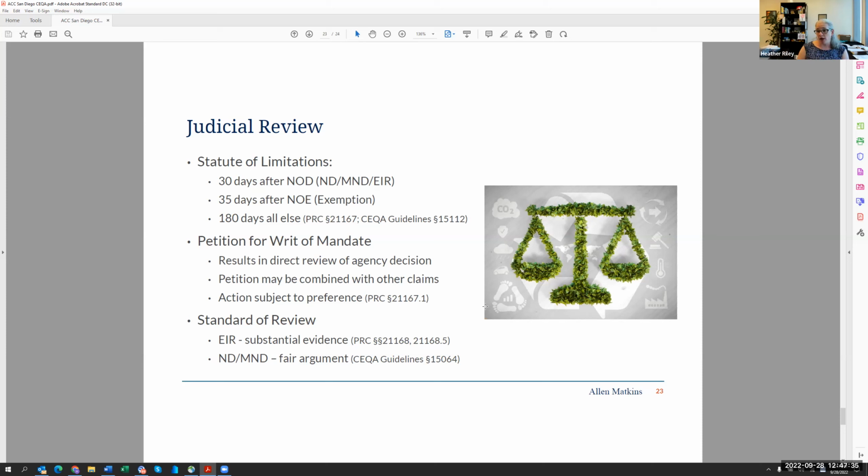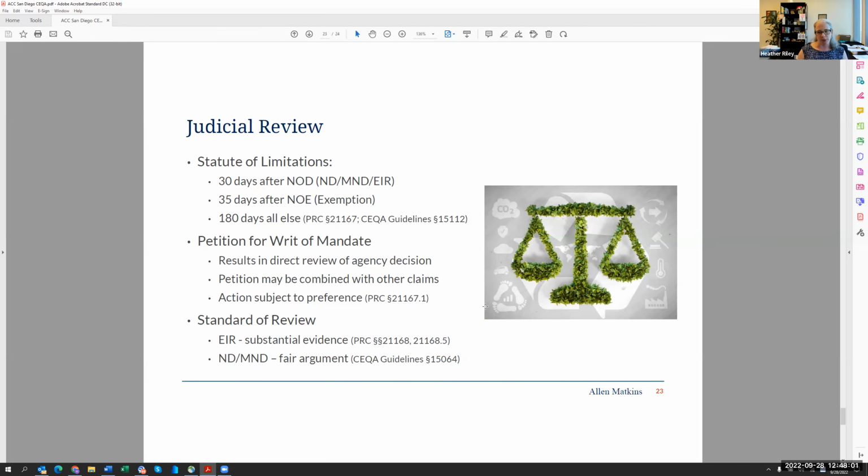Now, I say that often a CEQA case is heard within a year, as long as the record gets put together quickly. As a developer's lawyer, a lot of the times I want to be responsible for that record. So if a petitioner says they're going to do it, I'll very nicely come in and say, don't worry, we'll do it. And my client says, yeah, and you don't have to pay for it. You just have to pay for your copy, petitioner. It's not a great deal necessarily for the client because they're going to be paying my rates, but we know we're going to get a record that allows us to win this case.